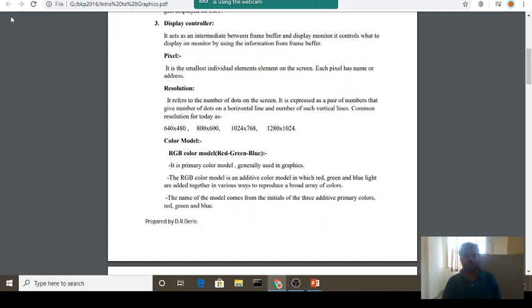Next topic is color models. First of all, the RGB color model. RGB means red, green, blue. RGB is a primary color model, and we can use it to create a number of colors. We can create about 16 million colors from this primary color model.